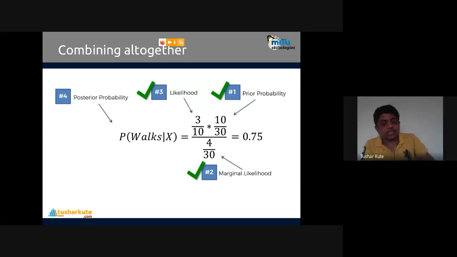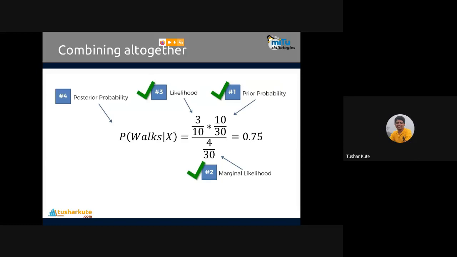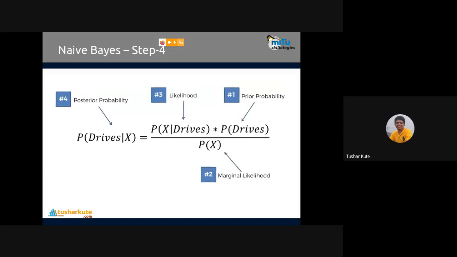All values I put together in the formula of Bayesian theorem, and then I got the probability of the element in Walker category is 0.75. It is 75%. The probability is that the element will go in Walker category. And just the inverse of it, for the second class that we have, what is the probability that the element will go in driver category? Whichever is higher, that is the class of it. Okay, that is a predicted model.